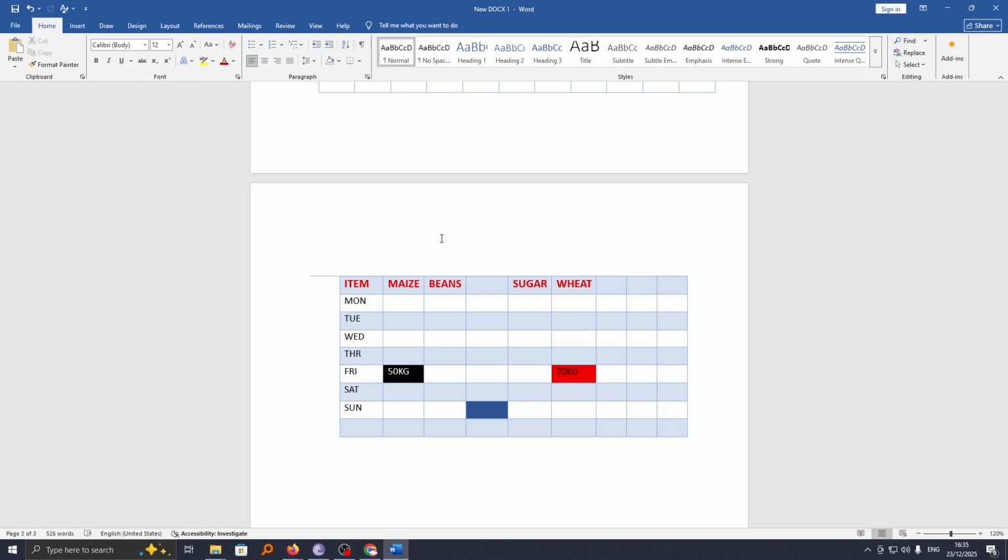In this video, I'm going to show you how you can adjust the width of your columns and the height